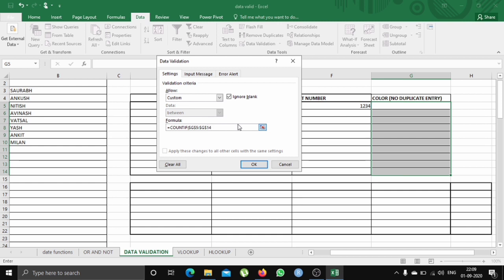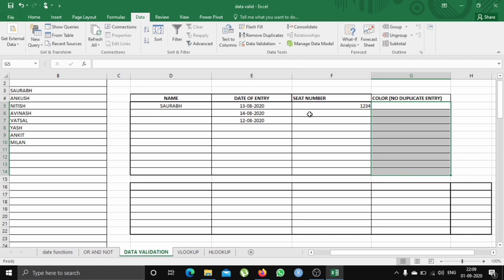Now we'll enter the value we want, but make sure you select this cell, close the bracket, and we want it to be less than or equal to 1. It means we don't want it to repeat more than one time. Let's check whether Excel is accepting it more than one time or not.